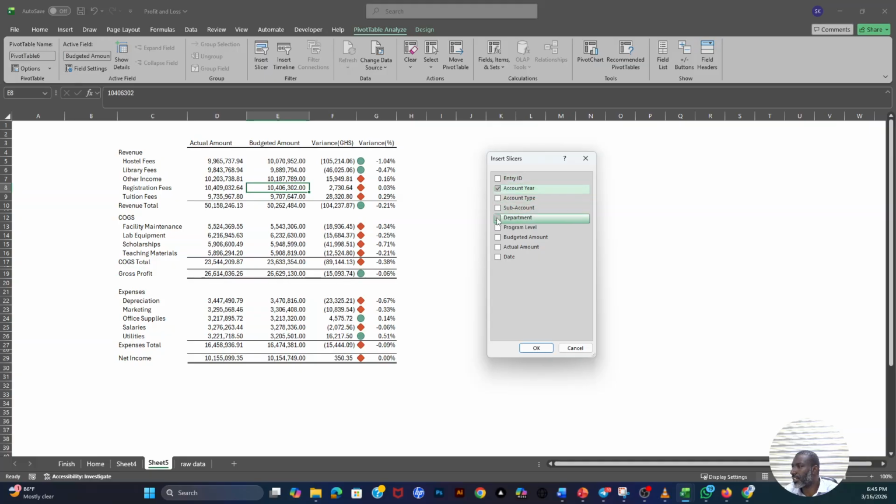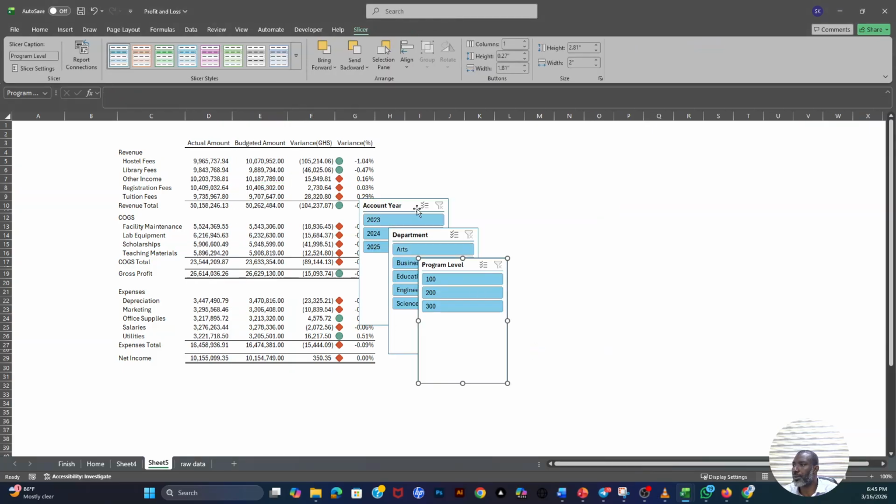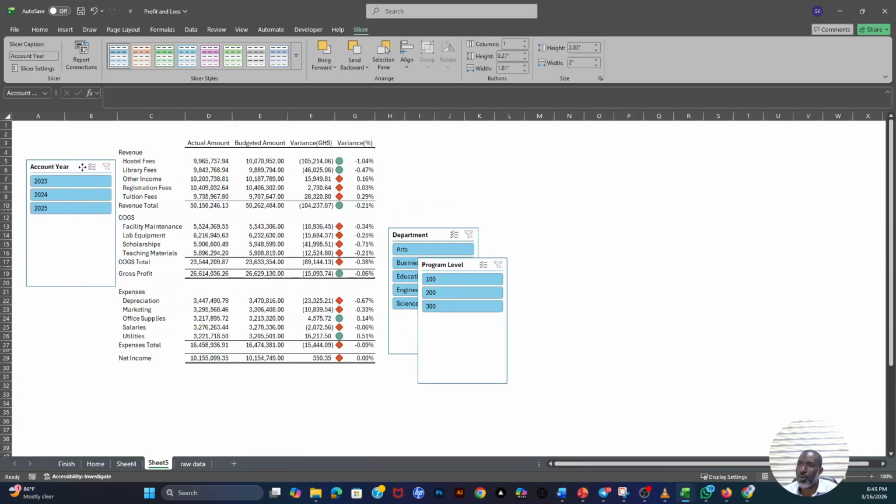We are adding a department, and then we are adding a program level as well. Then we can hit OK, and then we'll have them here. Let's drag them one after the other to the left side here and adjust them. Now, in adjusting it, I can drag it and adjust it, but when you select the slicer